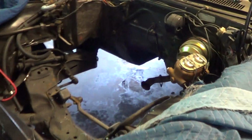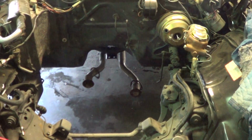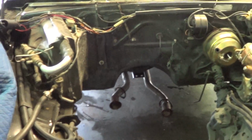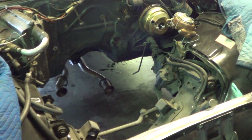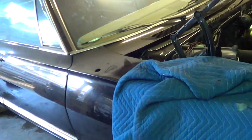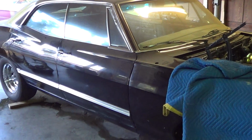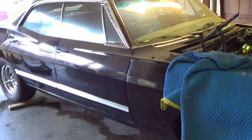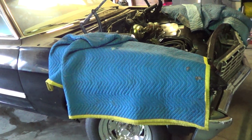a million times, I want you to have this car, but you got extremely lucky by not taking it, because you would have been so upset. You would have had a car up there and not going anywhere. I think that would have been more painful than having, oh, I got my car in my shop, but oh, hey, it doesn't run. So you got lucky, and once again, sorry that it's just taking so long, but this is time-consuming